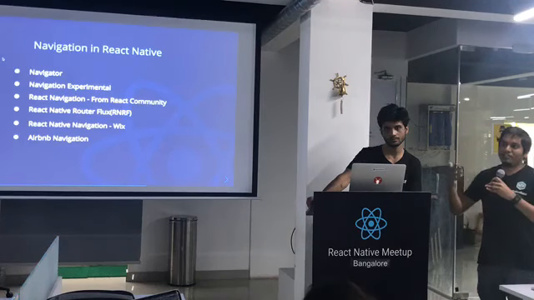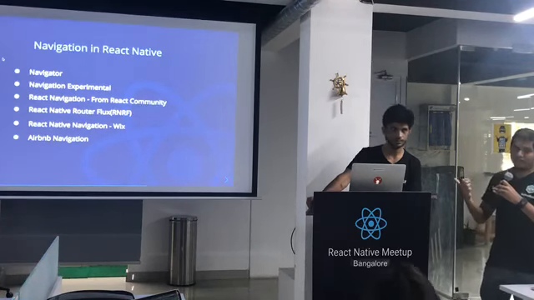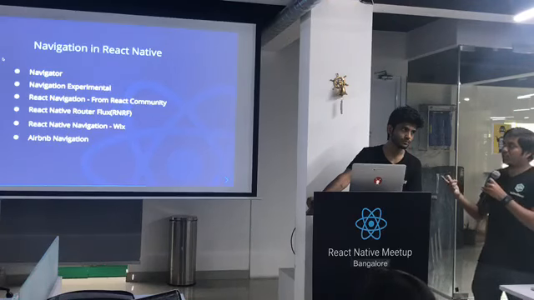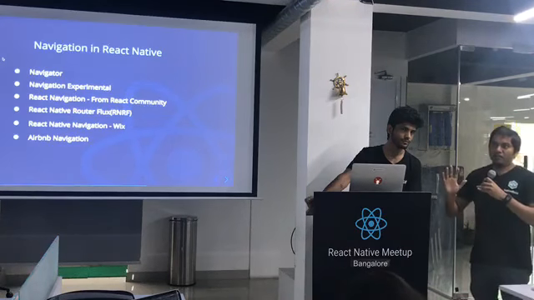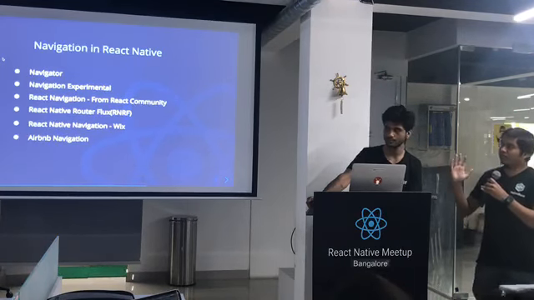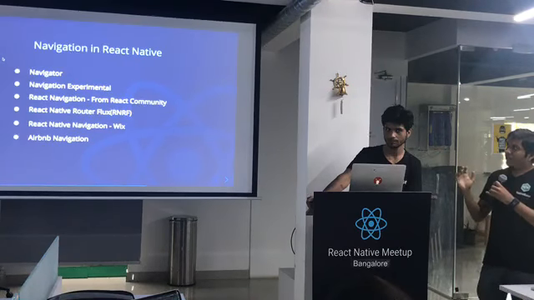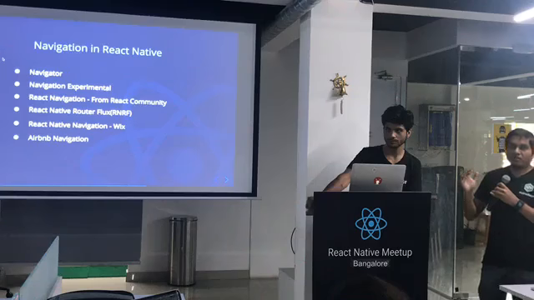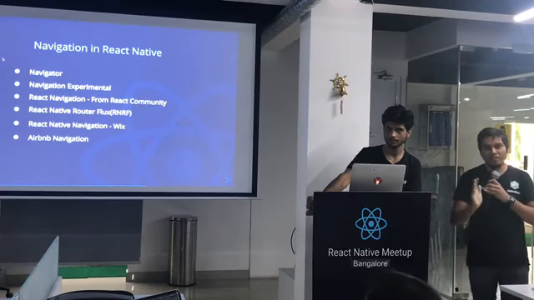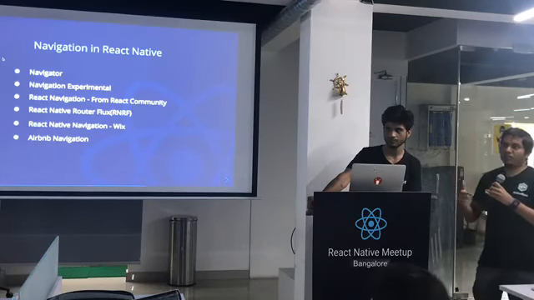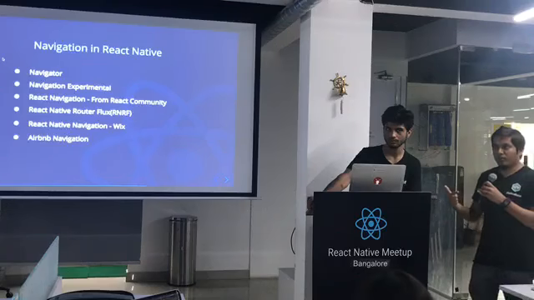They had a series of navigators. Initially they came up with Navigator, then they came up with Navigation Experimental, which was better than Navigator. We used Navigation Experimental for many apps for about 3-4 months. Then we used React Native Router Flux, which was by another team, not from Facebook, which gives you more of an Angular way of routing stuff.